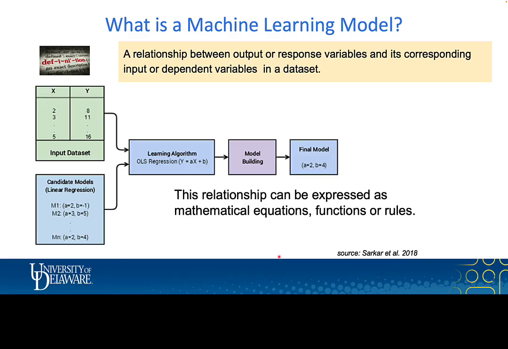A machine learning model can be described as a relationship between output or response variables and its corresponding input or dependent variables in a dataset. This relationship can be expressed via a mathematical equation, function, or rule. The idea is not to predict a correct output for every input, but to generalize well over lots of data points, such that the error is minimum and the same is maintained when you use this model over new data points. Here is the workflow for model building,